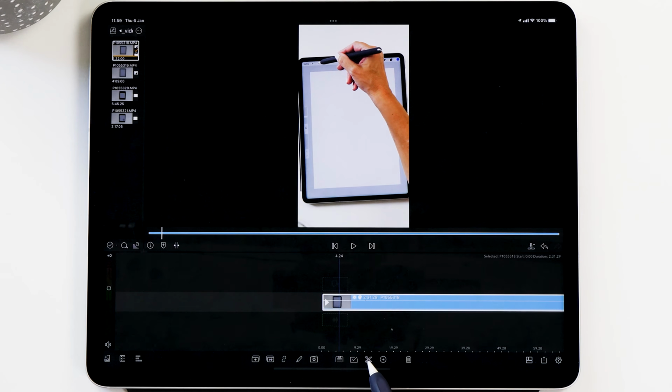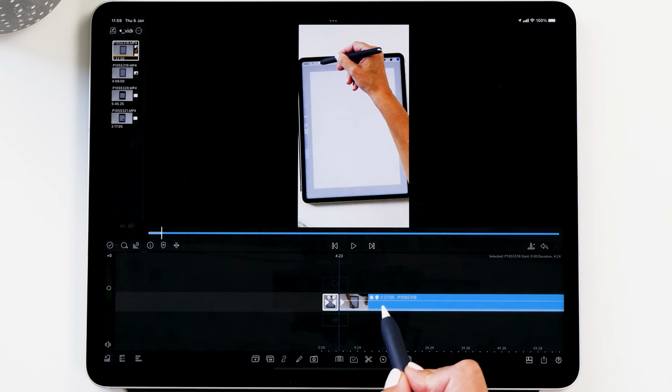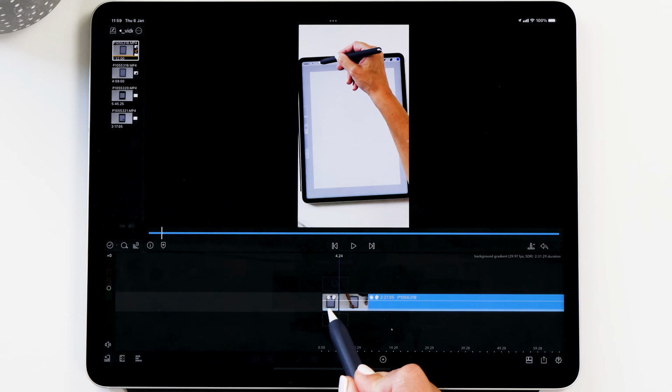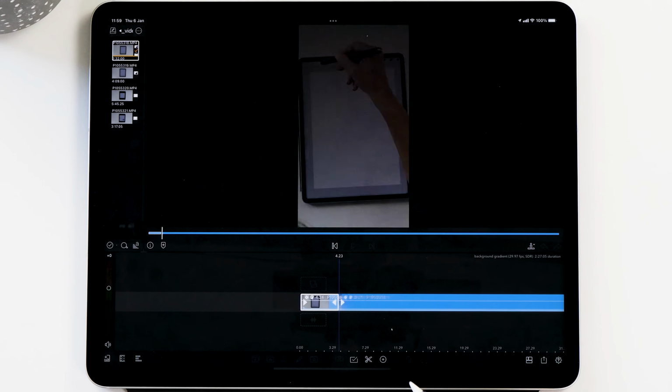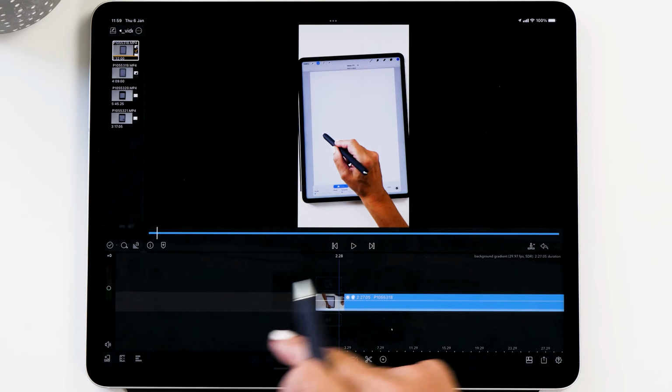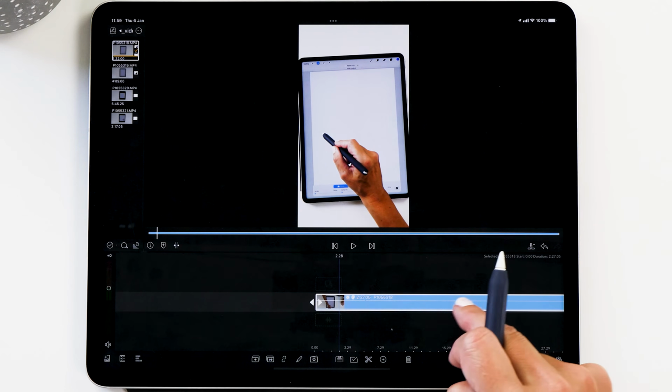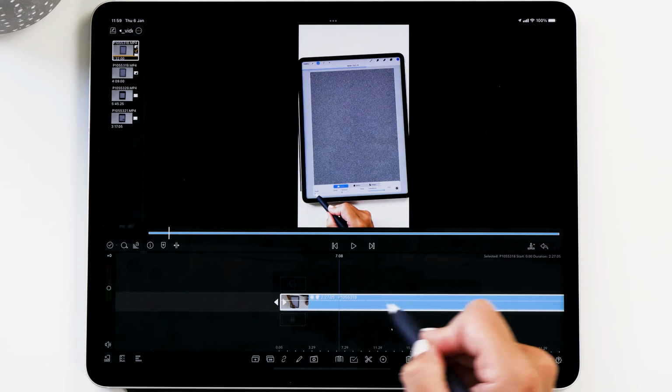And so now we can just tap on the scissors icon here at the bottom and create a cut, and then we can delete the first part. So the way this works is you tap on the part to highlight it, and you can see it's got this white ring around it, and then you tap on delete, and then that gets rid of it. And then in order to select this part, now we tap on it, and then you can see that it's selected because it's got the white highlighter around it.